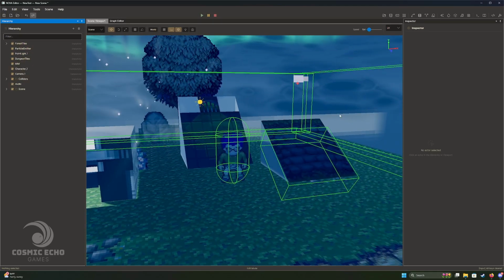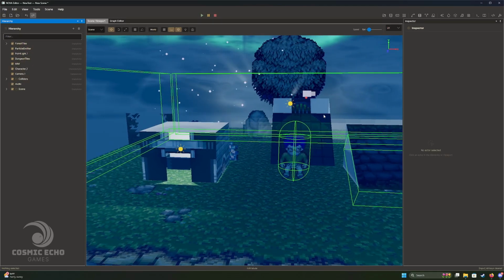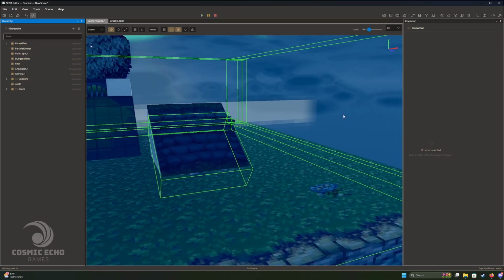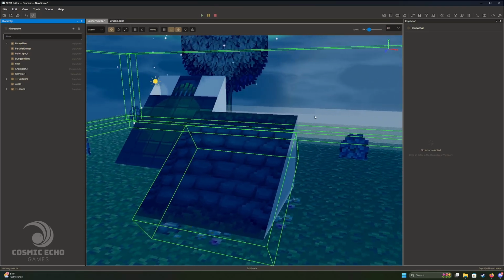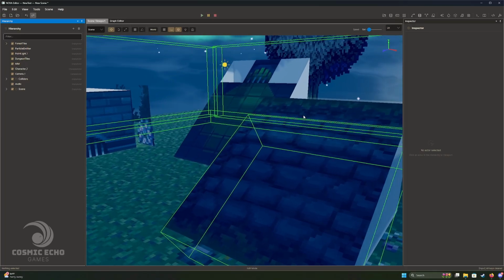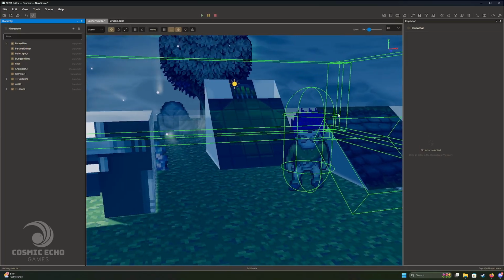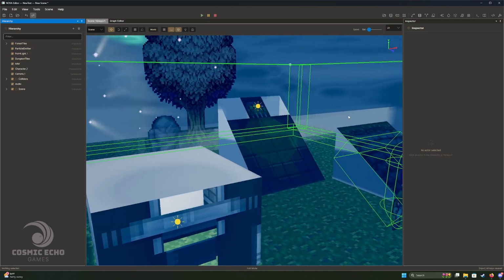So that's about it, I think, right now for build mode. There is a lot more I can talk about with this engine, but build mode is kind of the expected way for people to build levels in this engine whenever I release it to the public. And there's not like